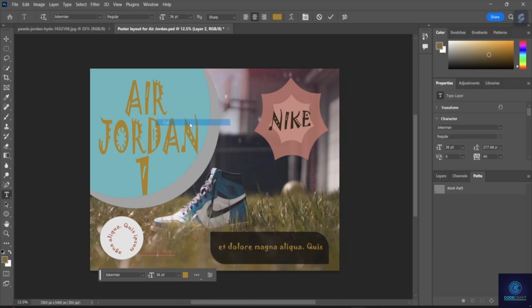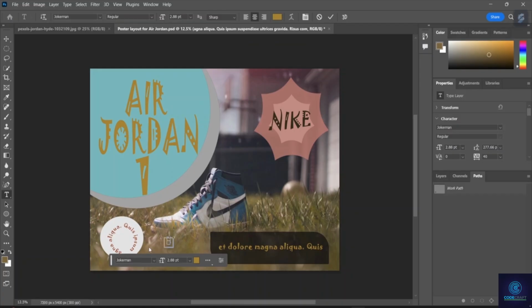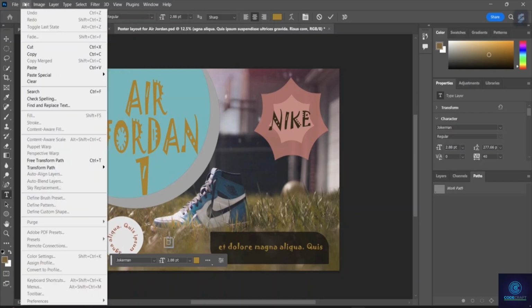Okay, so I'll just cut this one. And here you can see I do have text here, inside of this box. So whatever text we like to fill, we can fill it in inside this particular shape and how it actually follows a path. And I can also free transform, if I want,